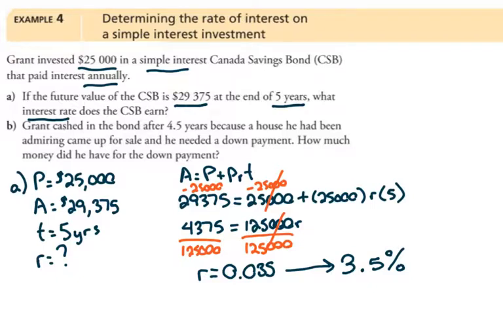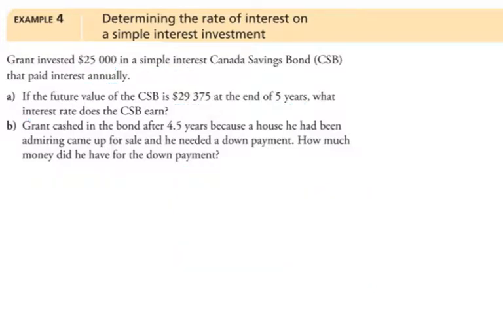Just going to clear off the page to do example B. He cashed in the bond after 4.5 years. So he didn't hold it for the full 5 years the government said that he had to. And with some investments that's possible to do, with others it's not. So